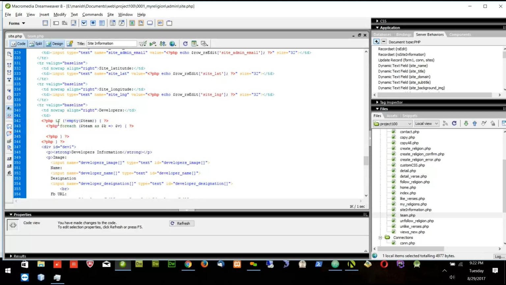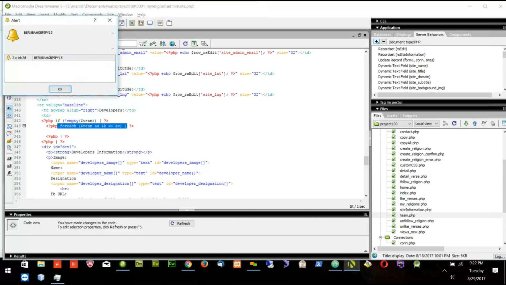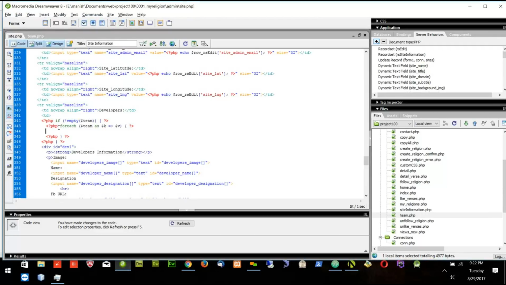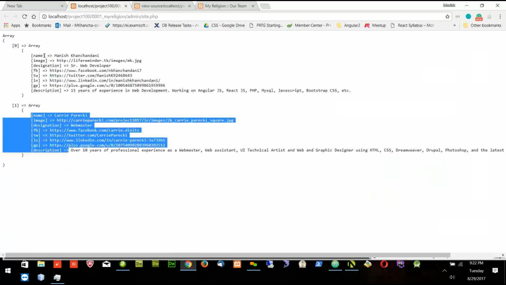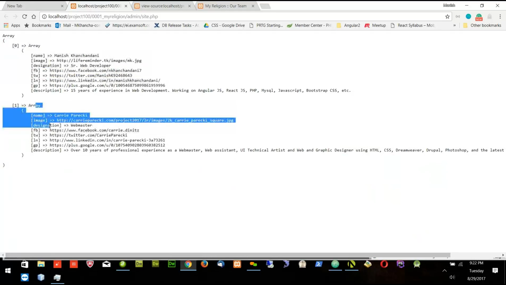So if I don't put this, this statement will give an error that team does not have data, how are you looping it. So we are checking here if data is there in the team or not. What is the use of this foreach? For looping. Because I want to loop through all this one or 2,